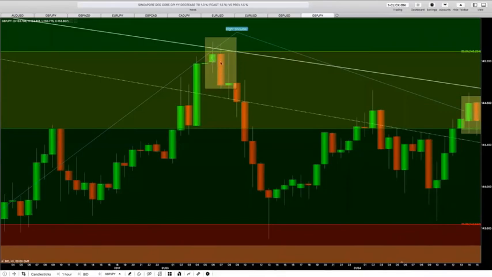Look at this as Shaq, and then look at this as Shaq's wife, the little 4-foot chick. So there goes a 7-foot giant, and there goes the 4-foot girl, right? So it completely engulfed that one. And then what you would do is wait for the opening of the next candle to go ahead and get in the trade.